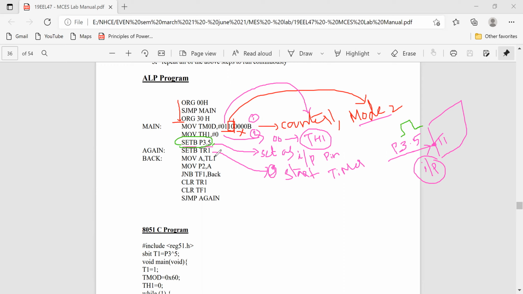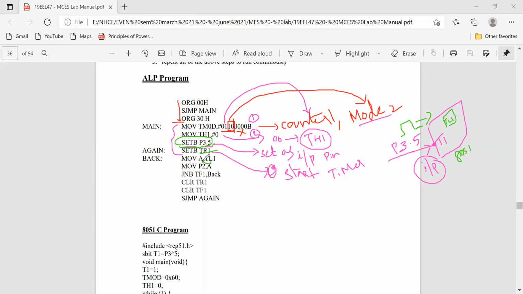Right. So these are the basic steps I should do for counting the pulse. Now the timer has started running. Whatever clock pulse you give here, the 8051 controller will automatically count the value in the TL1 register. TL1 register will be counted after this instruction. Okay, let us see. I am going to count and place the value in port 2 every second, every fraction of a second.